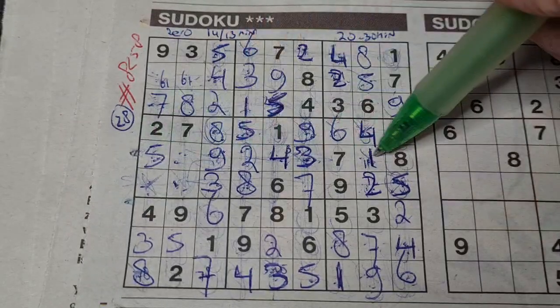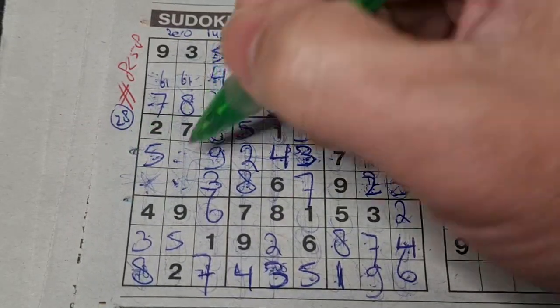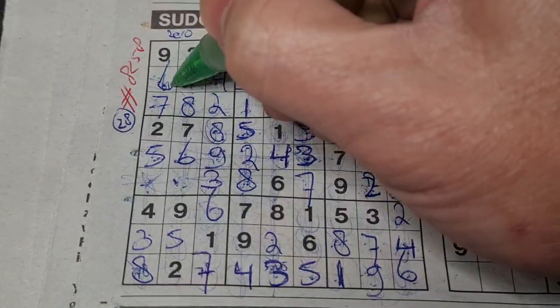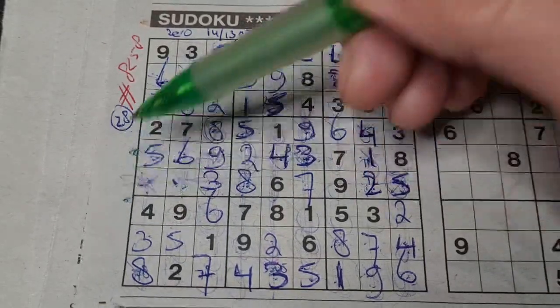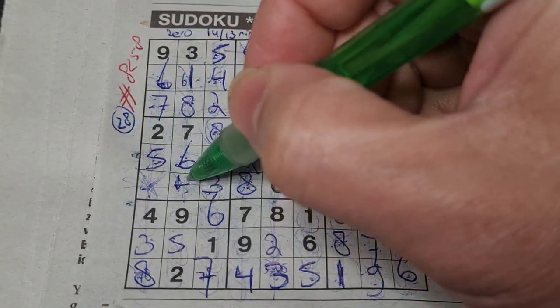1 box left in the middle row, the 6 is missing. 1 and a 6, we have a 6 in the second column, no 6 there. 6 should be here, and a 1 goes there. And the final 2 numbers in this big square, the 1 is missing, 2, 3, and a 4 is missing. 1 and 4, we have 4 in this first column, no 4 there. 4 should be here,